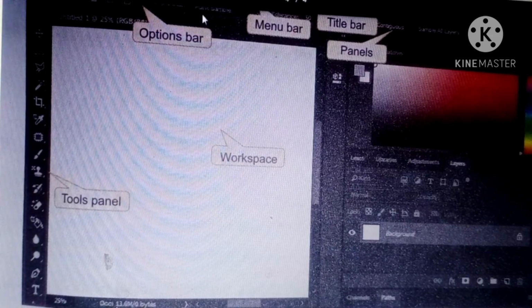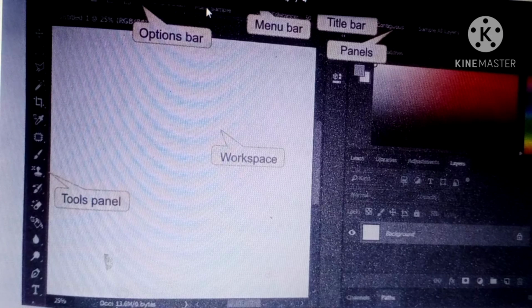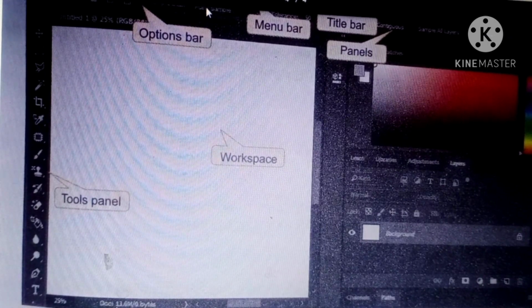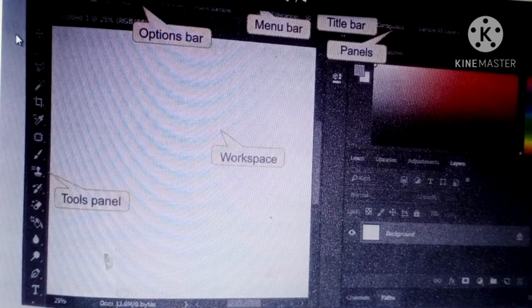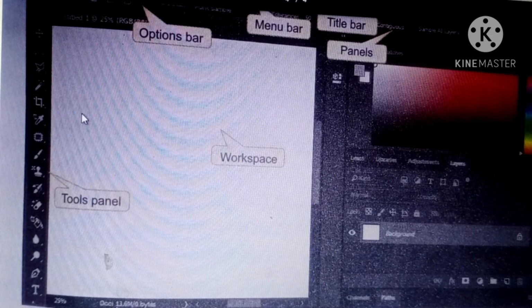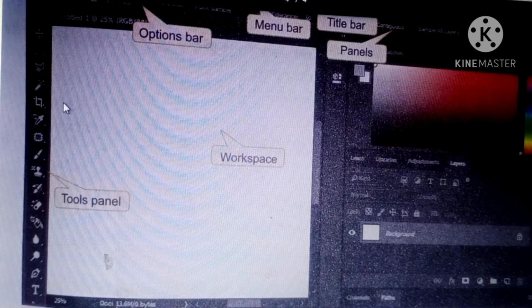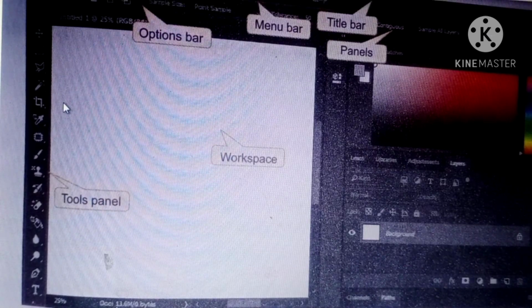So tomorrow we will do the practical session of this chapter. I will send a video, and you can see in that video how we can start Photoshop. Then you will be very familiar with this topic. It will be very easy for you to edit an image in Photoshop. It's not a difficult software. You can use it very easily, and it is very user friendly, and many new options come in Photoshop's versions day to day, so it will be very easy for you.